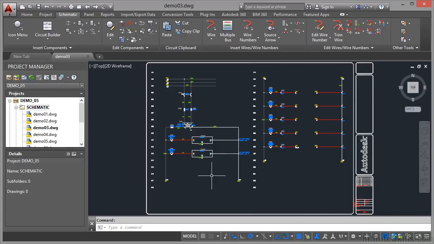Always use existing templates when you're creating your AutoCAD Electrical drawings. Now you'll find with AutoCAD Electrical 2015, you are given a whole pile of AutoCAD Electrical templates to use. So you'll notice at the moment I'm in the Demo 05 project, I'm in the schematic subfolder, and I've got drawing